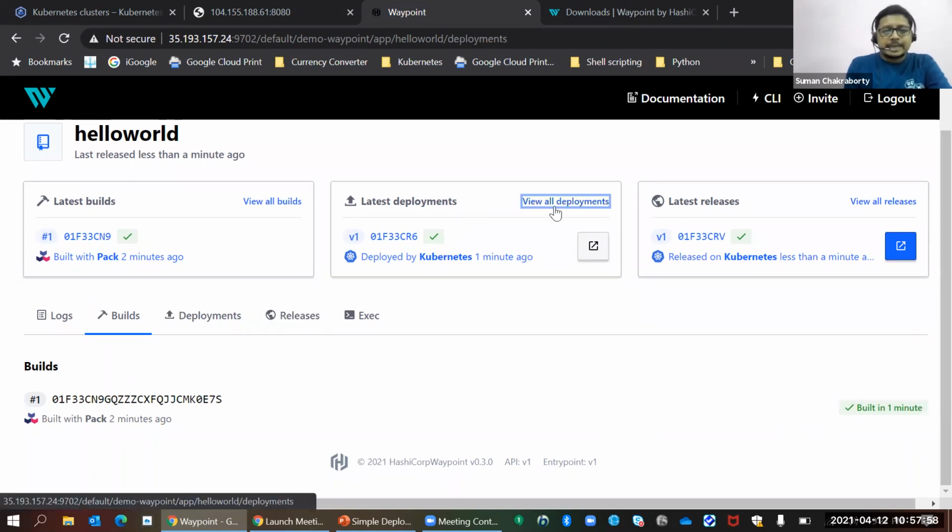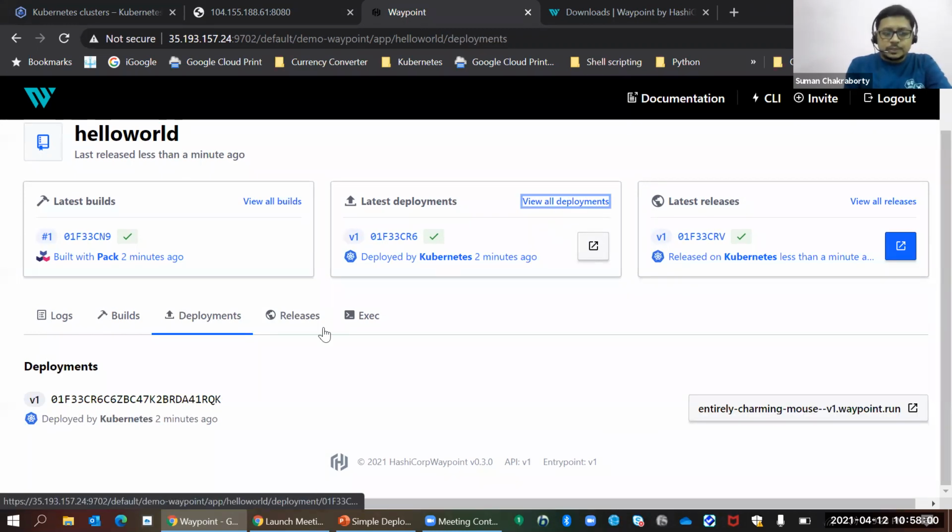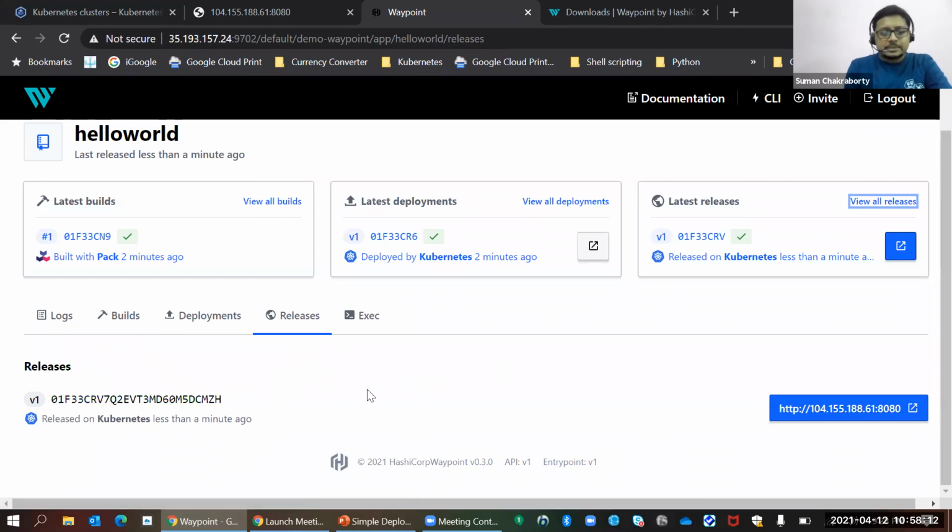With the deployments, I can see all the deployments which are created for my application. So it starts with one deployment, which is V1 here. And the next thing is about the releases. In this case, what it would do is publish this deployment so that it is now accessible on this public routable URL.